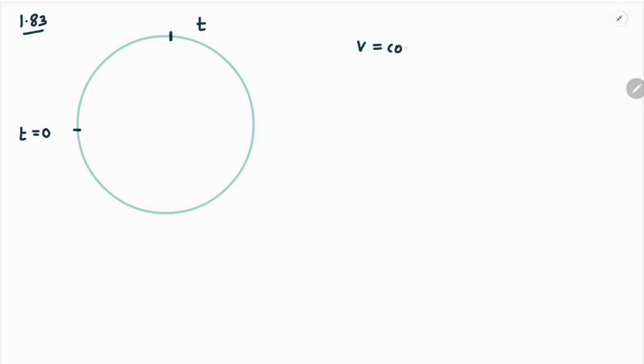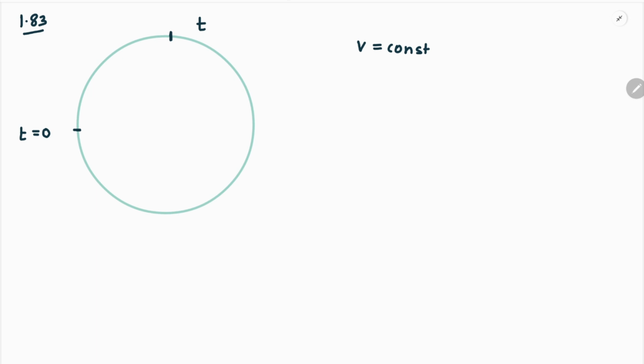To understand this problem, let us consider a circular path like this, and in this circular path we are dealing with the quarter of a circle. That is, the motion commences here at t equal to 0. The particle starts from here, and it is here at the end of a certain time t. Now over here, if we consider it from the point of view with a uniform velocity, so if the velocity is uniform or speed is constant,